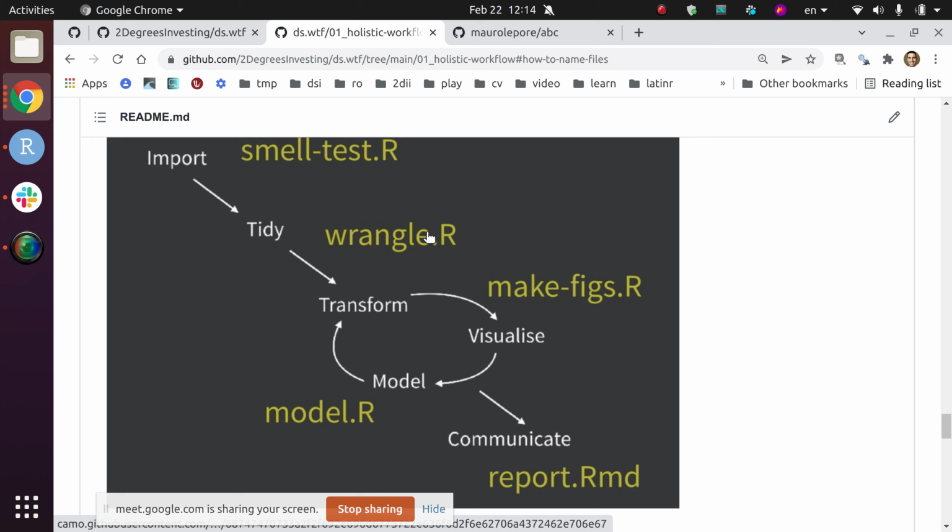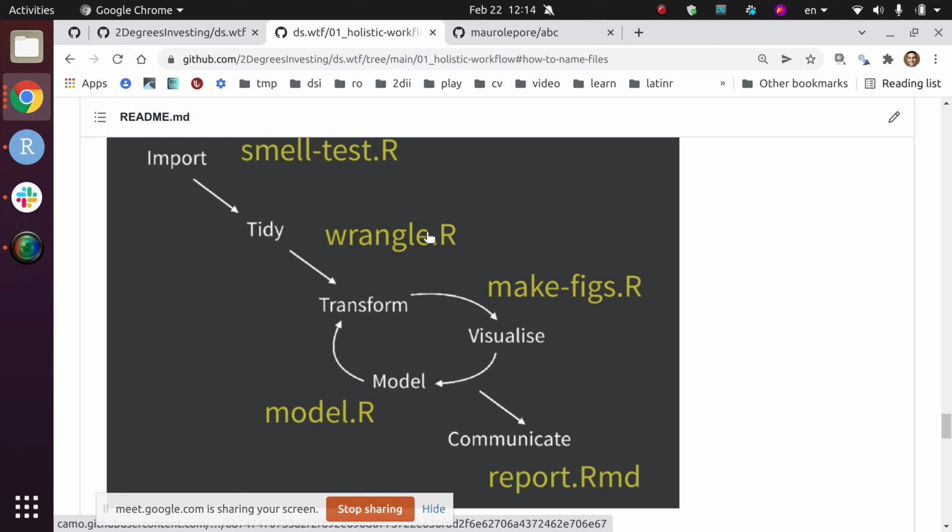The raw data is in some other file, you import it again and you wrangle it, and the output of it is a clean data set, like data.csv, and so on and so forth. So this table summarizes the two figures that I showed you before. So now what I would like to do is go to RStudio and try following Jenny Bryan's suggestions,